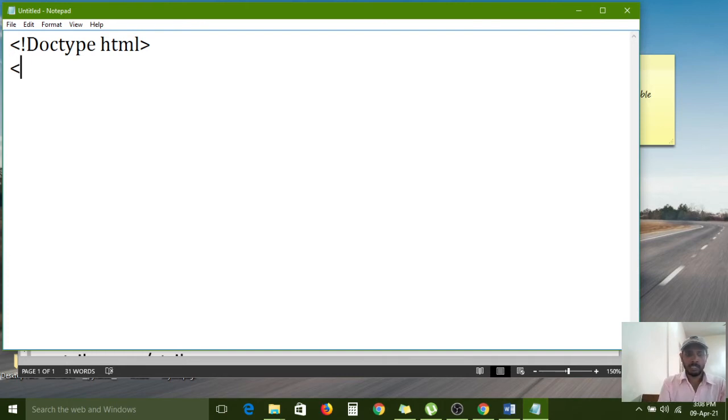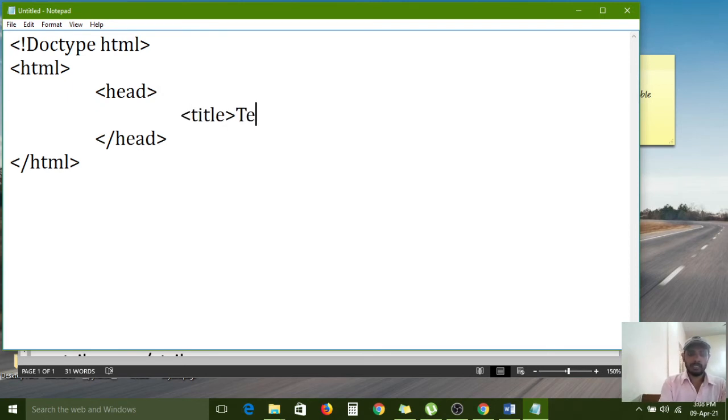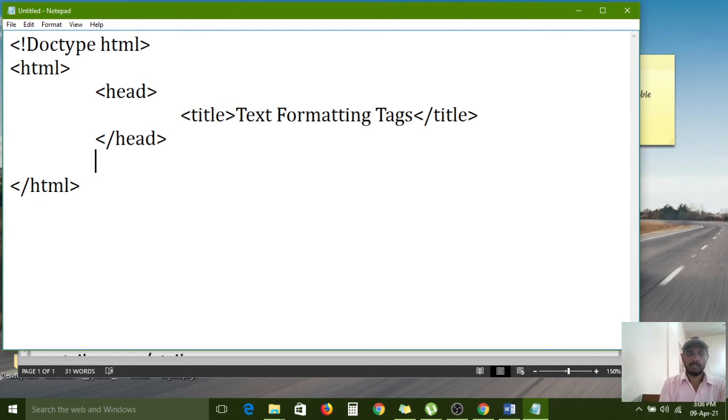Next, HTML opening tag and closing tag, head, title, text formatting tags, closing title, body,